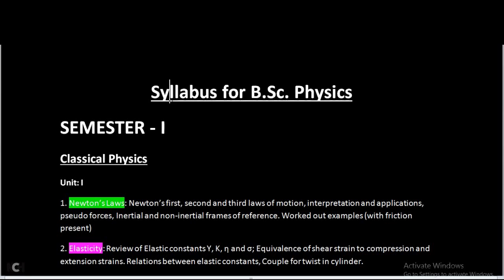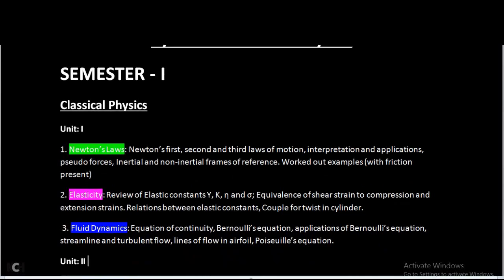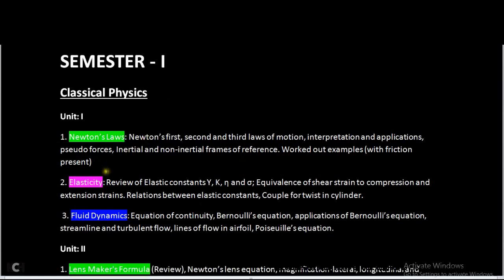See, for semester 1, the classical physics part is there. In that, unit 1: Newton's laws, all types, first, second, third law, and some example demonstrations are also there. Then the elasticity chapter, as you all know that we have elasticity chapter in class 12 also, that you have studied in class 12, because after class 12 you are preparing for the BSc degree in physics. So elasticity is there. It has almost the same concepts. Some extra derivations are there in that, and some little extra demonstrations compared to 12th class.